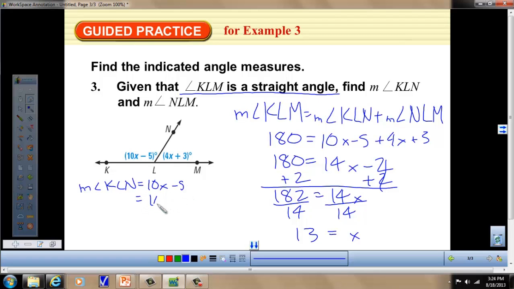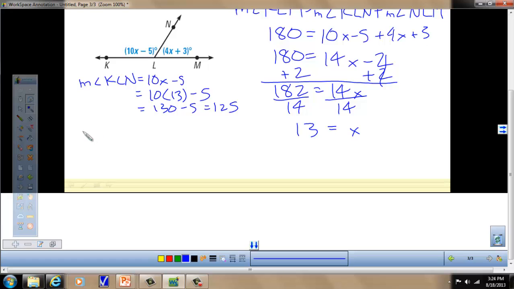That makes that 10 times 13 minus 5, or 130 minus 5, which is 125. And then we'll look at the other one, which is the measure of angle NLM, and that's 4 times 13 plus 3. Going back, we know 4 times 13 is 42, and then plus the 3 gives me